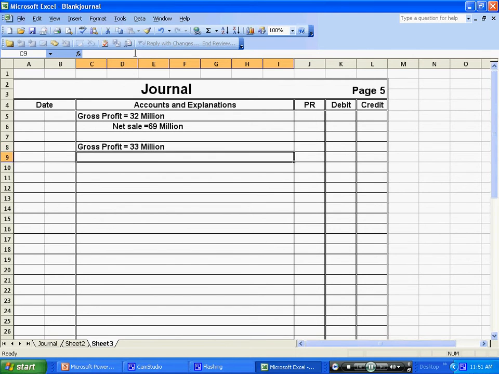What does that 9.4 mean exactly? It means that the inventory had to be replaced almost 10 times during the year